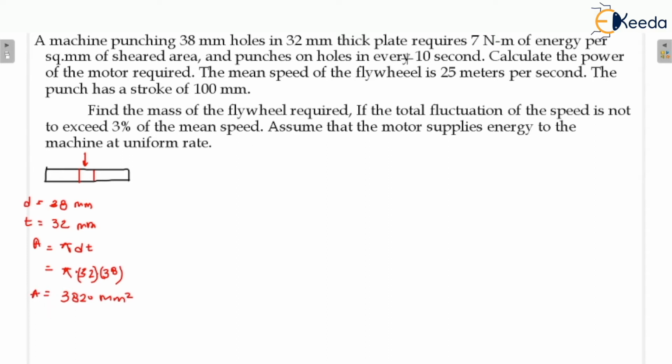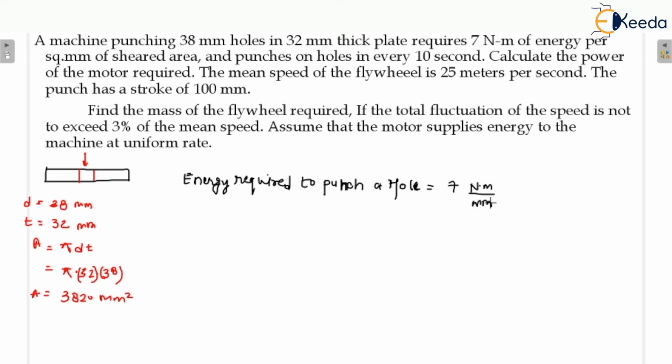Now a plate requires 7 Newton meter of energy per square. That means if I want to find out the energy required to punch a hole, so you can write here the energy required to punch one hole. To punch a hole, you have to read the question carefully. Okay, then you will be able to understand the concept of the punching press. So the energy required to punch a hole is 7 Newton meter